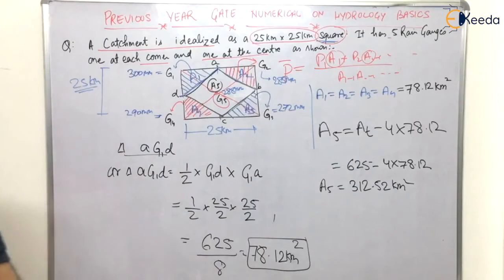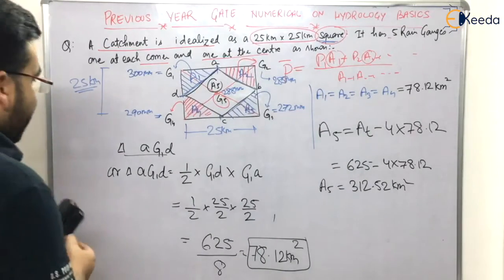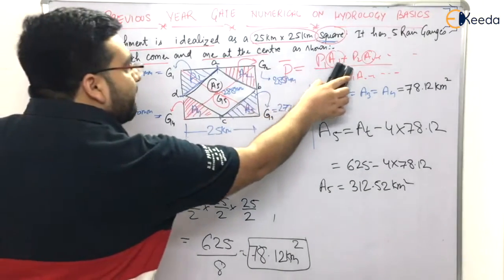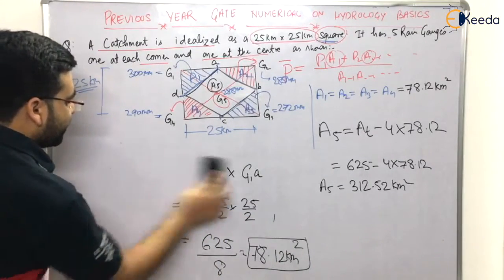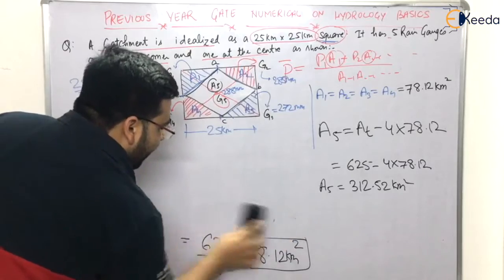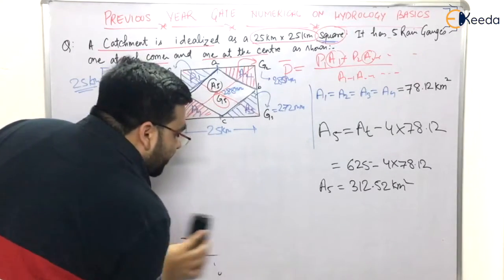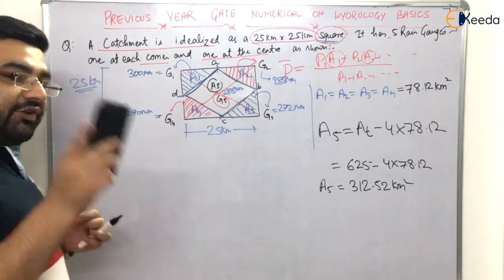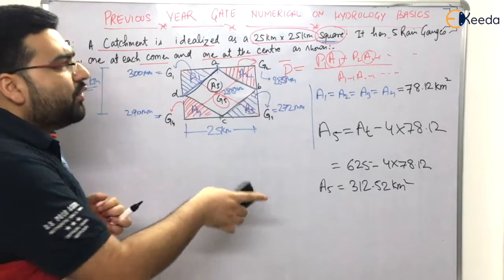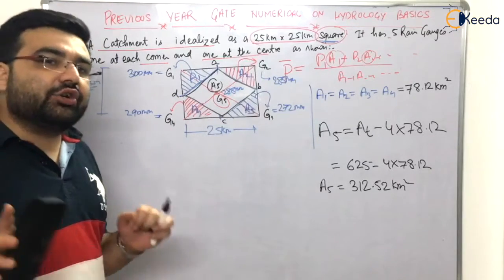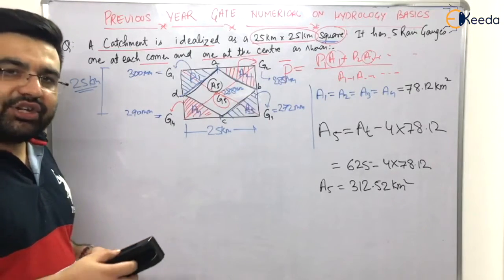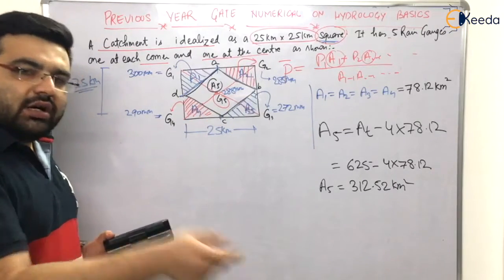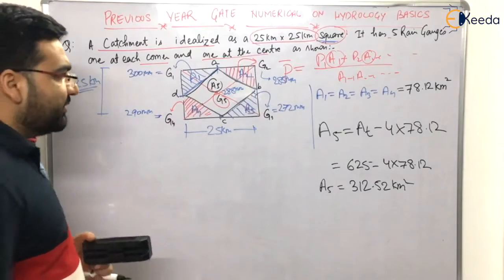Now it is a straightforward question, right? Now what we have to do is just apply the Thiessen mean method or the Thiessen polygon equation, right? Let me rub this. No need of this now, right? Now if you look at it, the question was very big, but if you know the concept, you can solve this question in hardly 3 to 4 minutes. Because these things which I was writing are not required in the GATE examination. You will be given a scribble pad, just do the calculation as fast as possible, right?